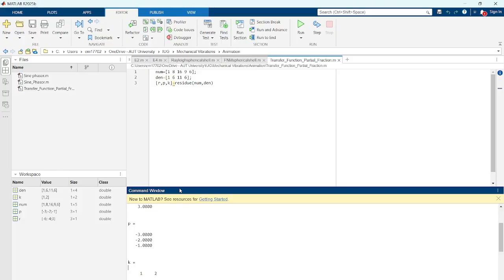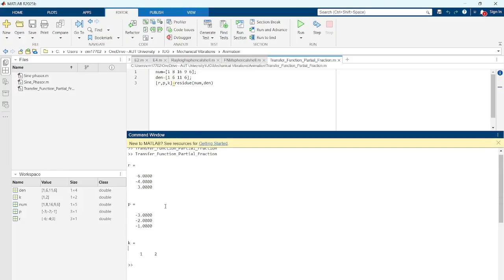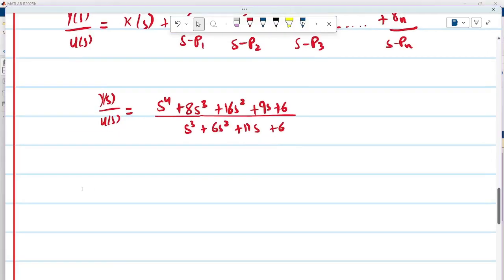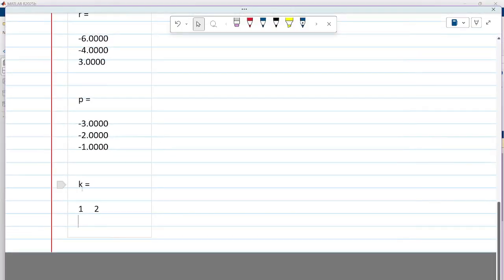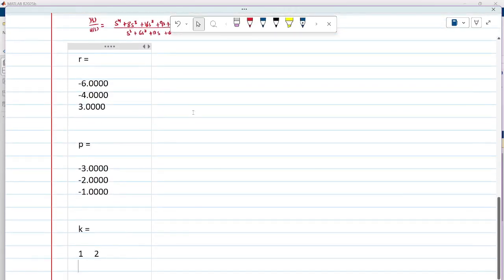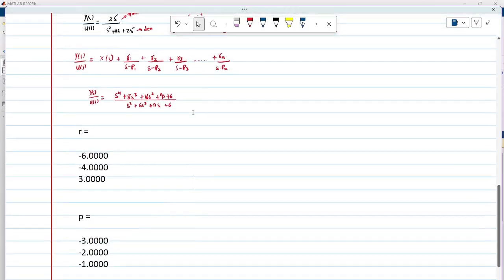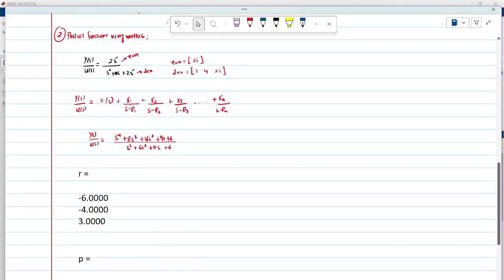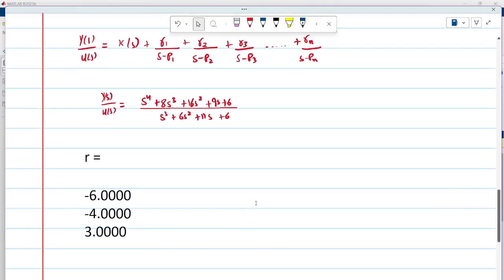Now how are we going to incorporate this, how to write the partial fraction from here. I'm just copying this one. I hope it gets copied. Yeah. So from here, just recall the standard generic form of the partial fraction. That is K of s, that's a direct term, plus r1 divided by s minus p1, plus r2 divided by s minus p2, and so on and so forth. So our partial fraction would become